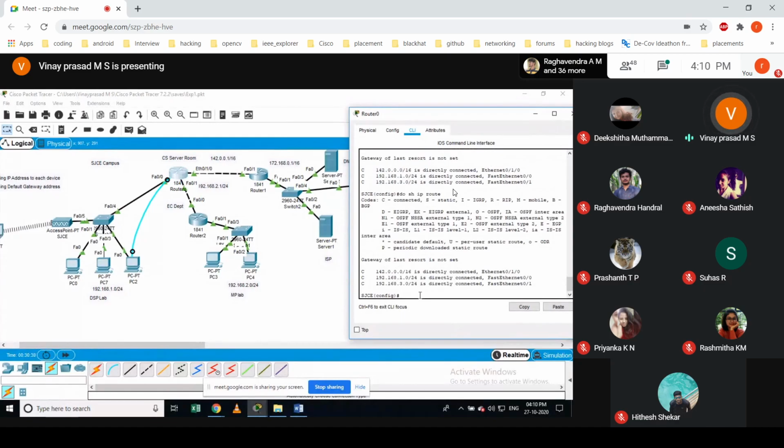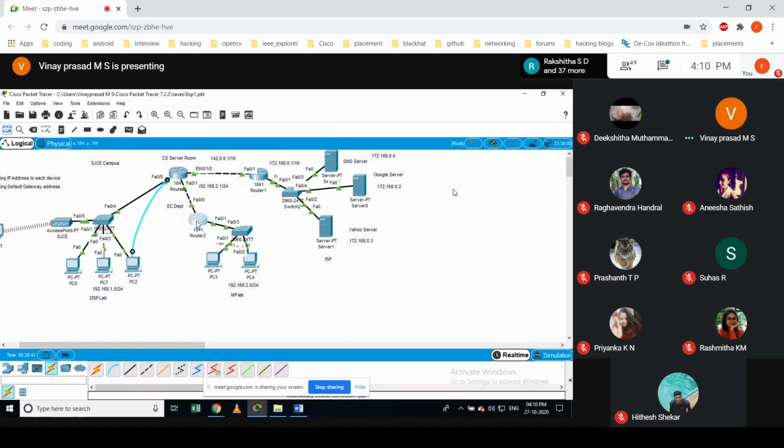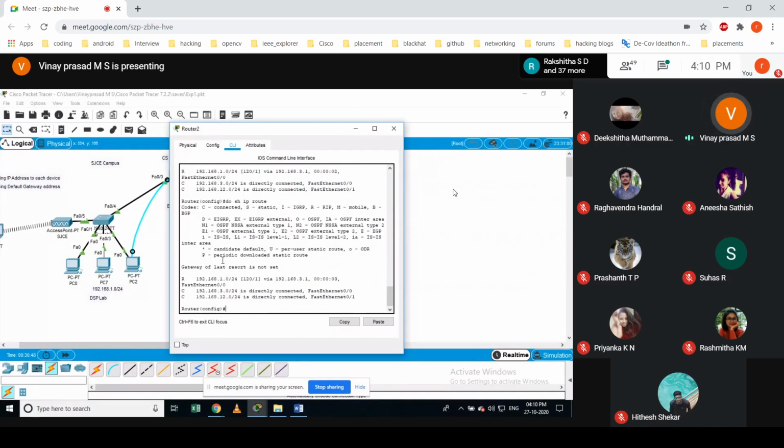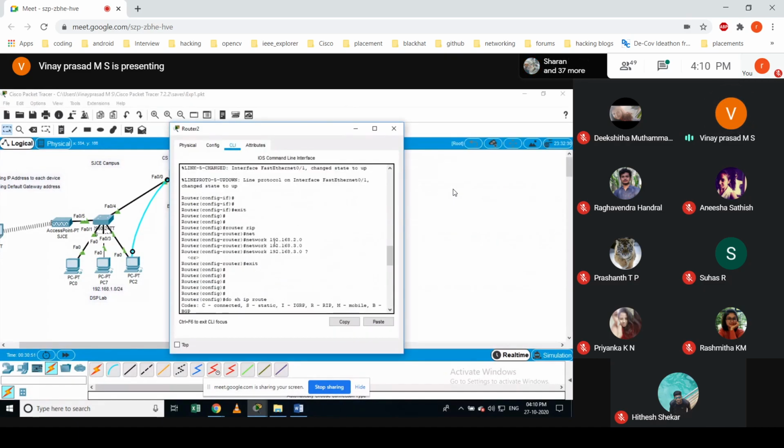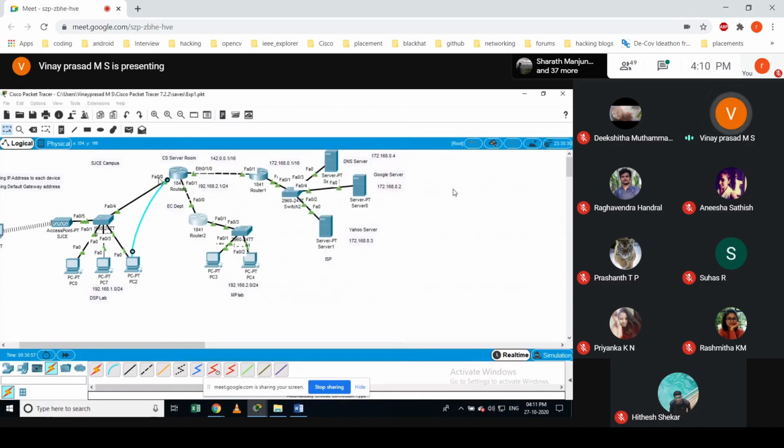So this router is not able to learn this particular network. Okay, probably you have not properly advertised. You just make sure that the advertising of this network is proper. If you did not do that in the proper way, then probably this router will not be able to learn that network.